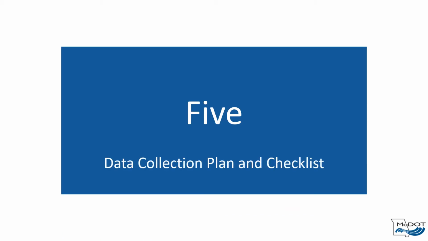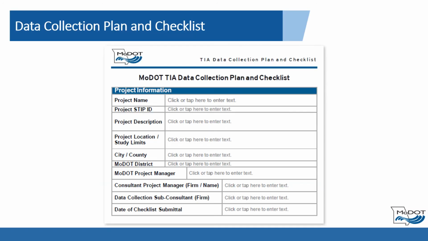You are now ready to establish a data collection plan utilizing the checklist provided in the manual. MoDOT has a data collection plan and checklist that supplements Article 905.3.3.5 of the Engineering Policy Guide. It is provided to coordinate data collection efforts for all MoDOT TIAs, traffic forecasts, capacity analyses, and other applicable projects. The data collection plan documents what, when, and how data will be collected. If you would like a copy of the data collection plan and checklist, please reach out to the Central Office